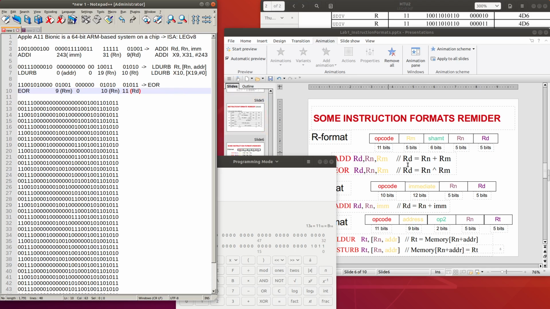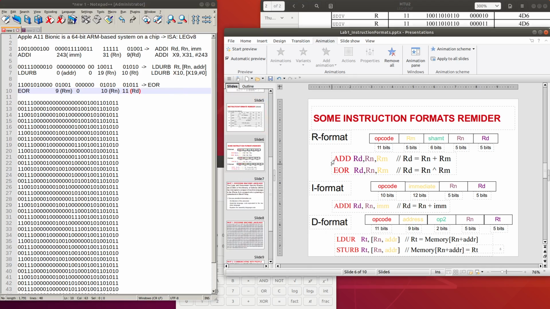And so if we look into the instruction type of EOR, RD, RN, and RM, we can say that our instruction will be this EOR and then RD, which is 11. So the register is X11, and then RN, which is a 10, so it is a X10, and finally RM, which is X9.